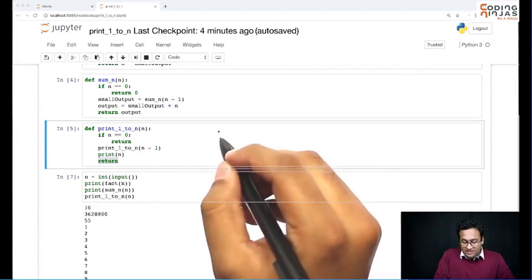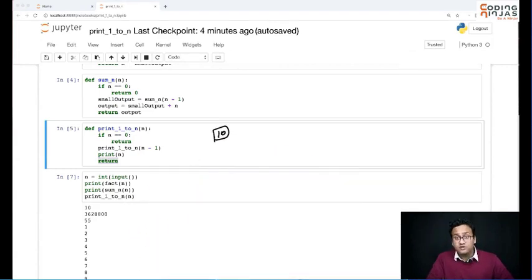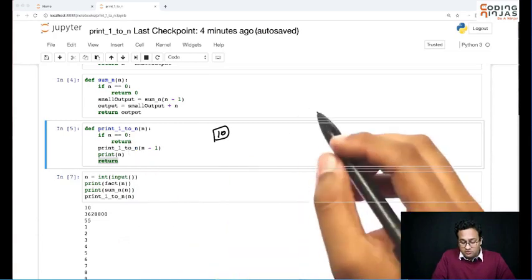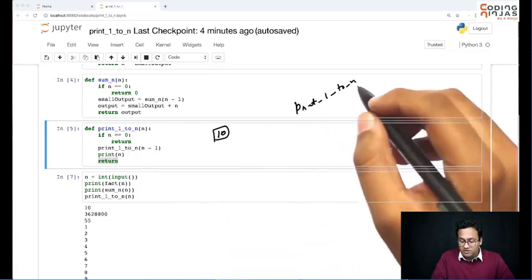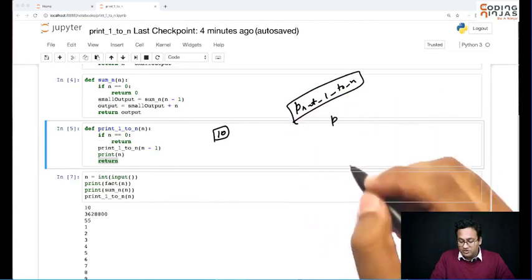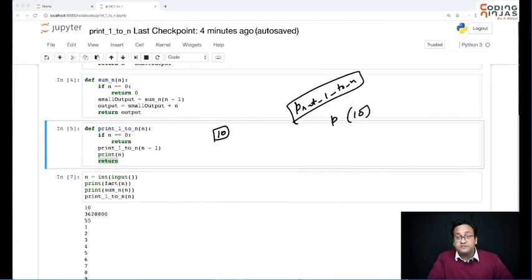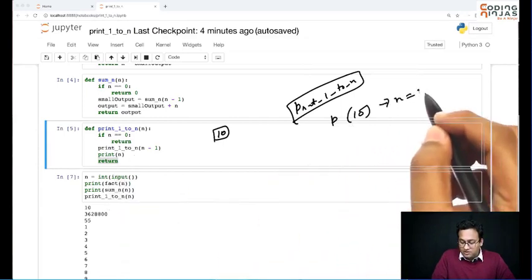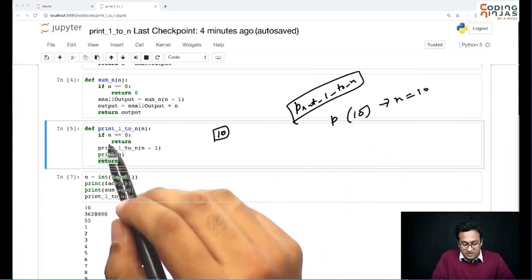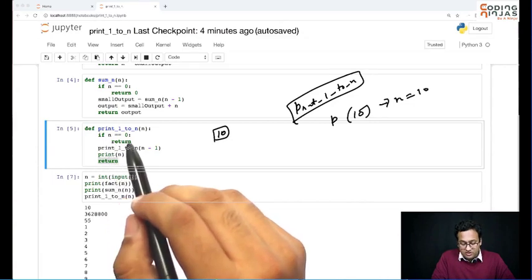I gave it 10 as the input. 10 is not 0, so you went to the function print 1 to n. Let me call it p as a short form. You called p of 10. For this function, n is equal to 10. It asks, is n 0? No, n is 10.